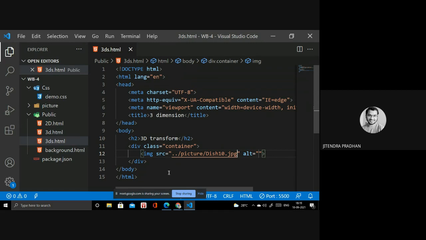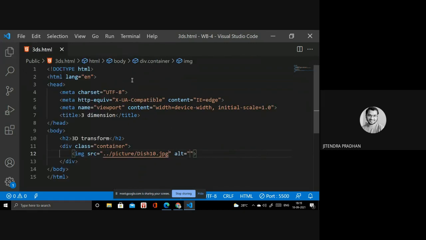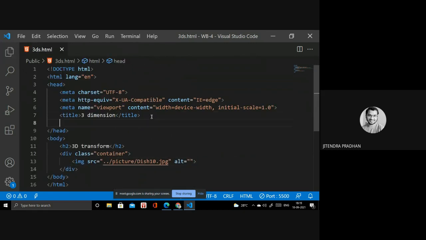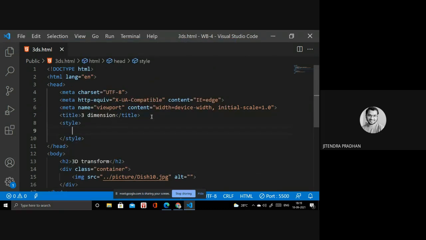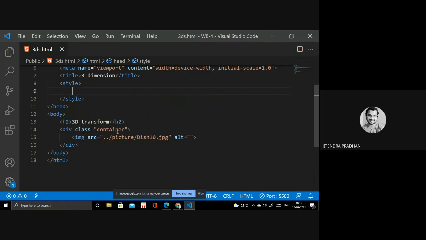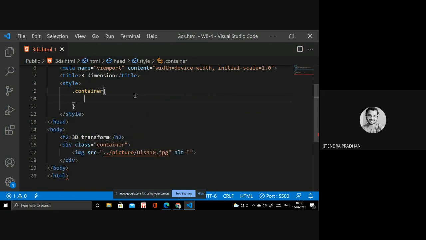Next we have to design the CSS as well, so let's start the CSS with internal CSS. Press enter and write style. In the style, we write the container selector because we already gave the class name container. For a class the prefix is a period, then container, and inside you give the particular width and height of the container, and if you want, its border as well.